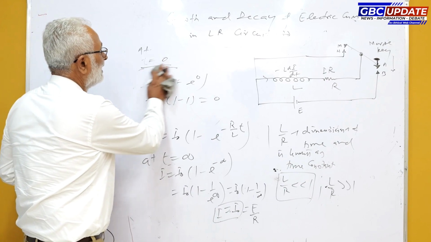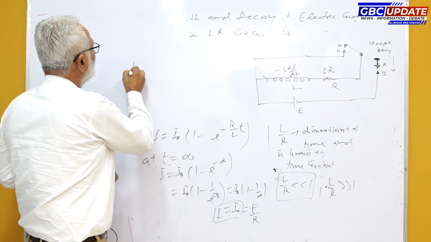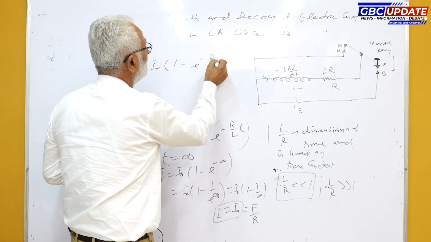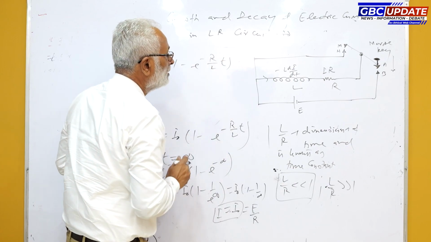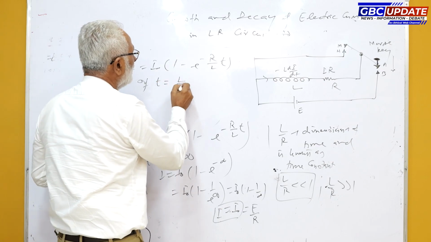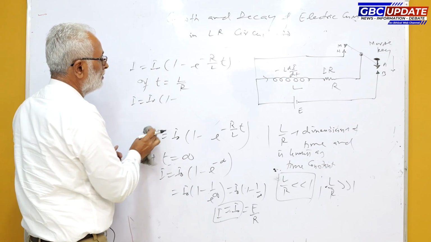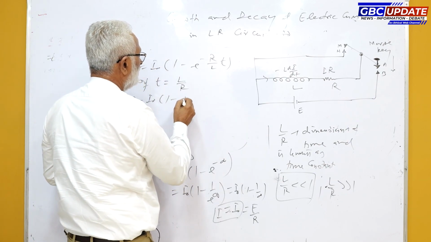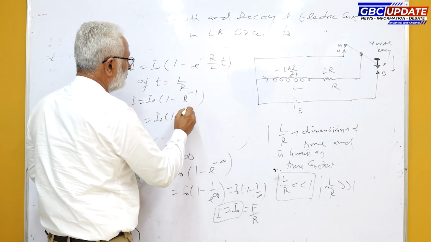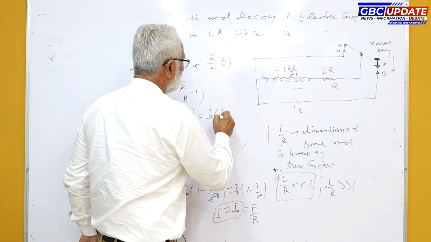So electric current at any time during the growth is given by I is equal to I naught into 1 minus e raised to the power minus R over L into t. Now if time t is equal to L over R, then current I becomes equal to I naught into 1 minus e raised to the power minus 1, and I naught into 1 minus 1 over e, which is equal to I naught into 1 minus